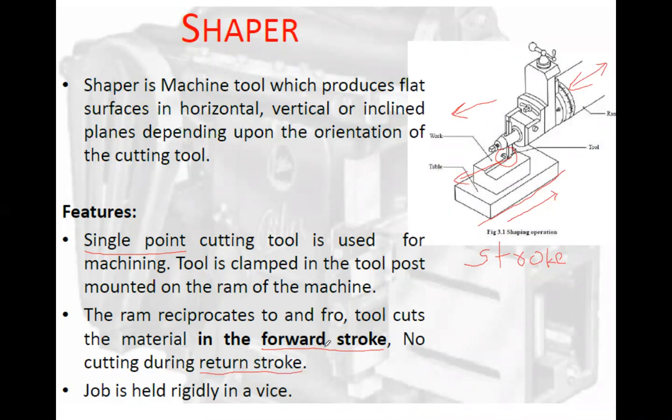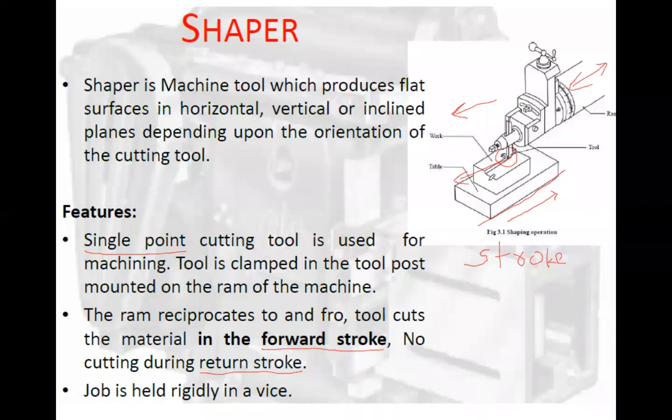Forward stroke is moving forward, return stroke is returning back. The forward stroke is always slower, remember, because the forward stroke is a cutting stroke, so cutting is happening during it. Because work is happening, it moves at some standard speed. I'm not saying it's very slow. And for the return stroke, because no work is happening, the return stroke is very fast. That's why I call the forward stroke slow and the return stroke fast. It's comparative. Compared with the return stroke, the forward stroke is slow, and compared with the forward stroke, the return stroke is always faster.